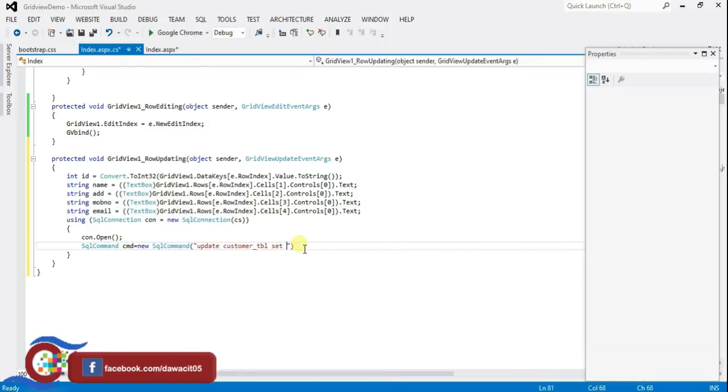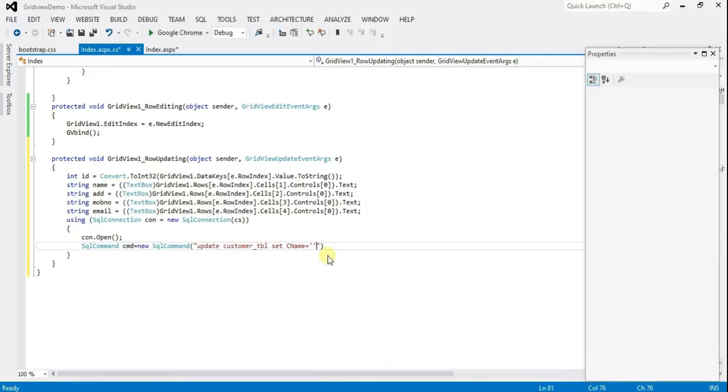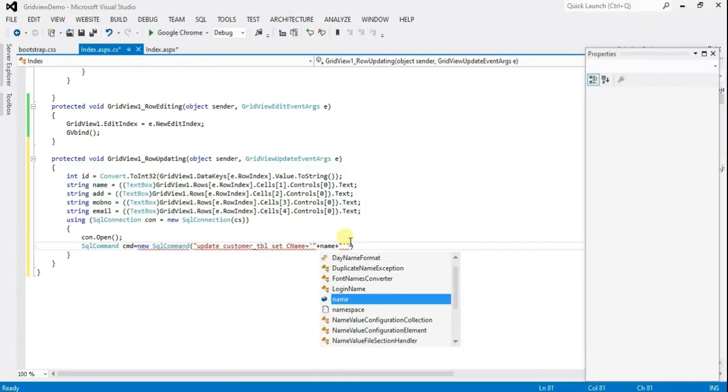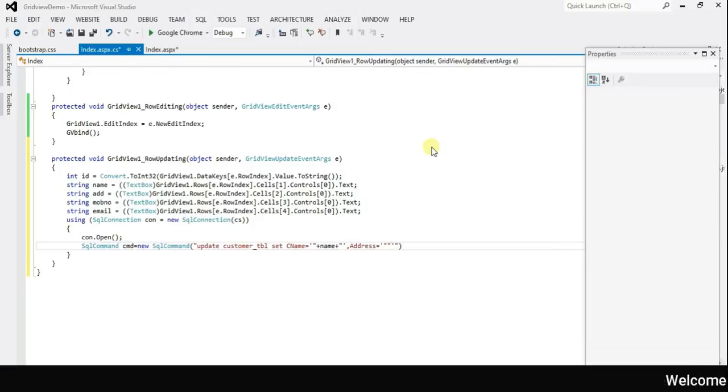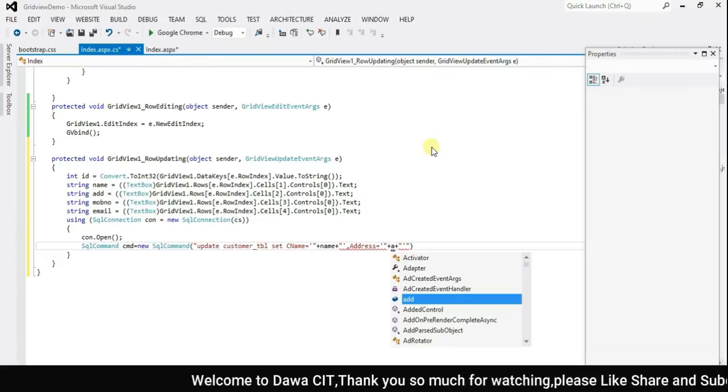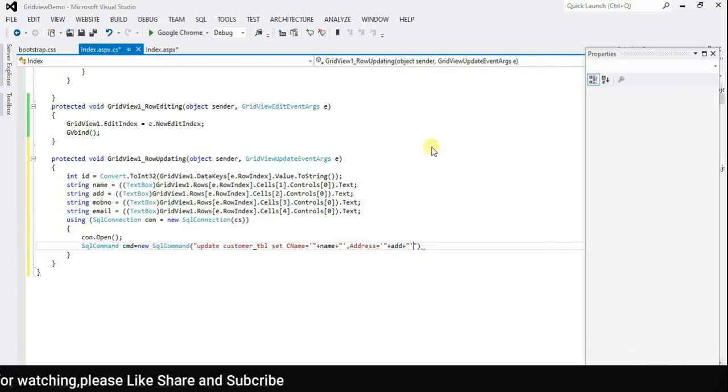Set cname equal to single quotation mark, double quotation mark, plus plus, type this name, comma, address equal to single quotation mark, double quotation mark, plus plus, ADD,